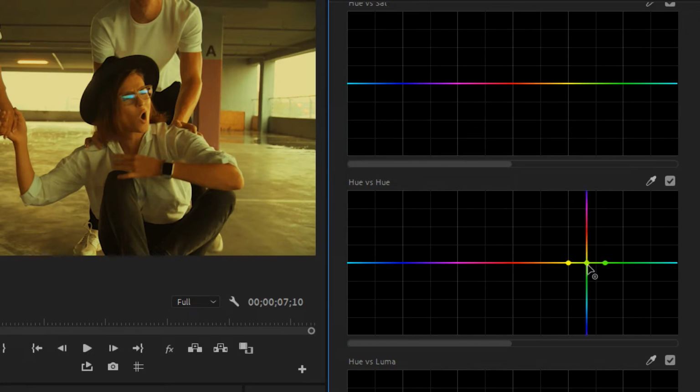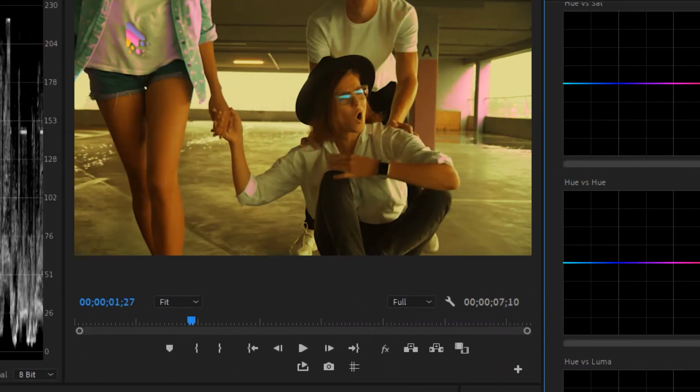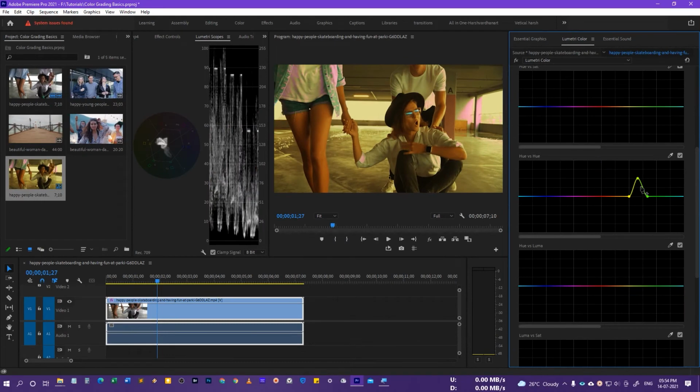If I drag this up, you can see now we have the different hues in this line. If I just drag it to red, just see over here, that's going to add the purple in this. And if I drag it up, that's going to add this one, and I can drag it down, and that's going to add this color.